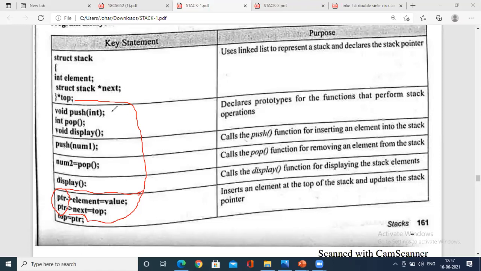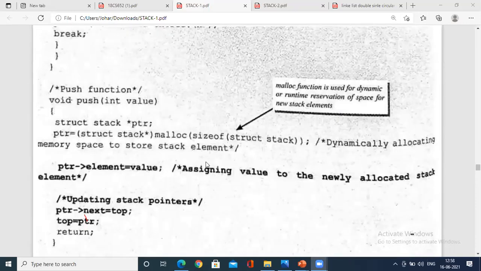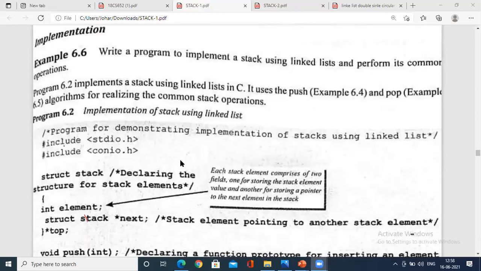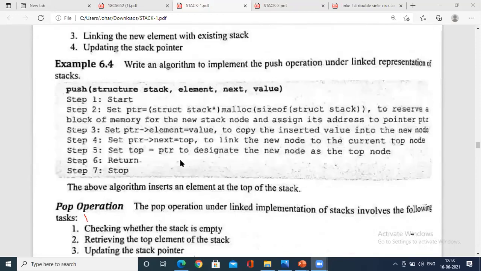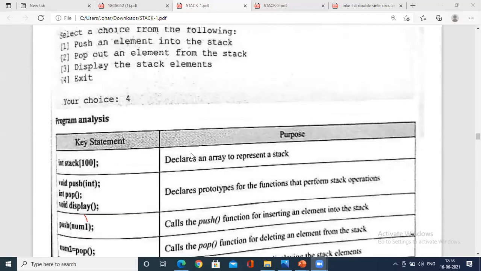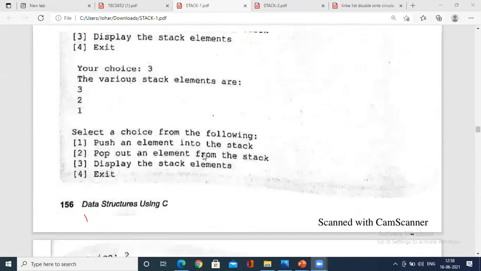You call push operation. When you call push operation, we have to update the PTR of element, PTR of next of top. Okay. So let me go to the pop operation. Again, I'll come from the arrays, because yesterday few people have not understood the push pop operations of the stack, as they messaged me. I just wanted to once again repeat the pop operation, right?